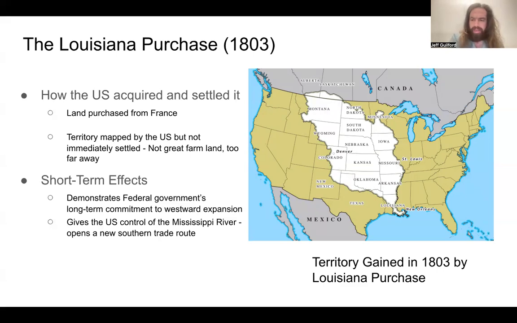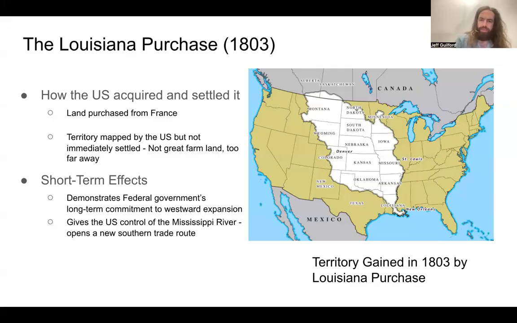The reason this happens is in the early 1800s, Napoleon, who is the dictator and then later emperor of France, loses in his attempt to reinvade and re-enslave Haiti, which means that France has lost control of its most valuable North American colony. At the same time, France is fighting a bunch of wars over in Europe and they need cash. So Napoleon decides just to sell the rest of his North American territory for some quick cash so that way he can focus on winning the wars over in Europe. And he always figures he can come back to North America and conquer stuff later. So, anyway, the US buys all of this very cheaply.